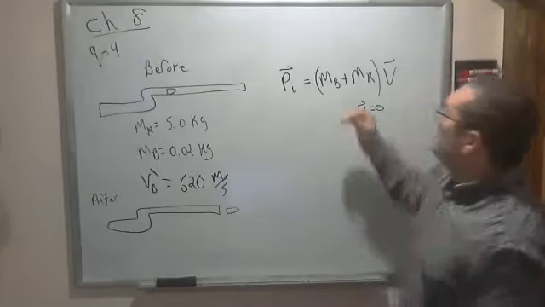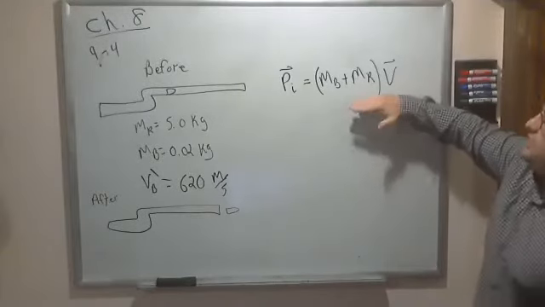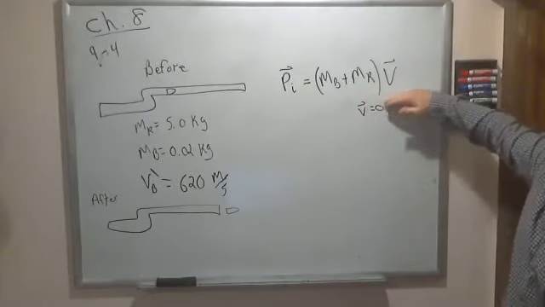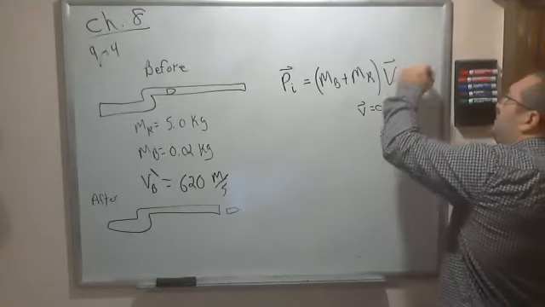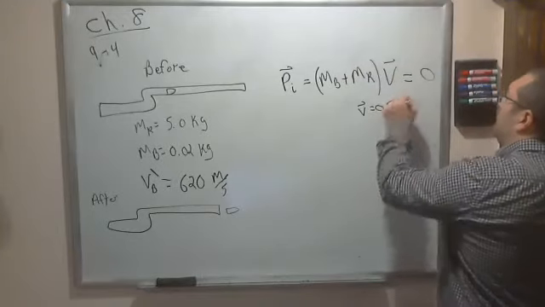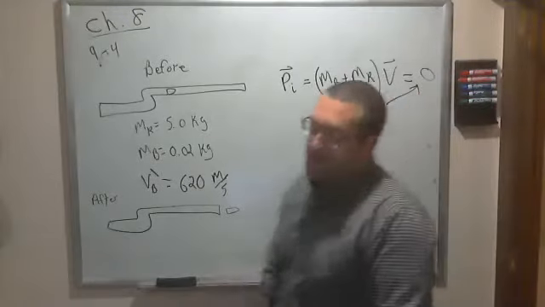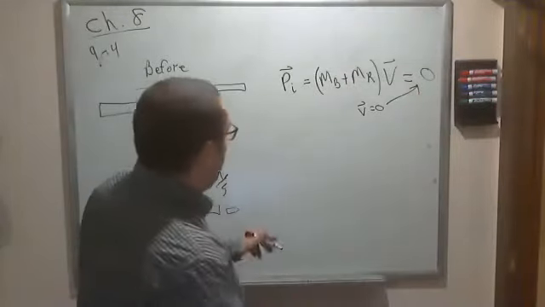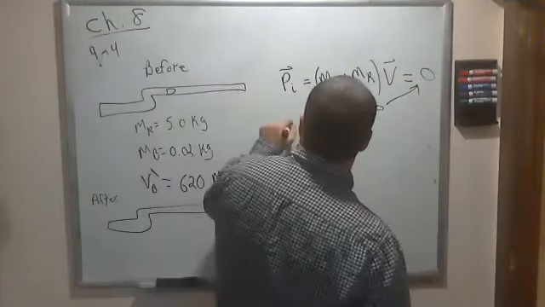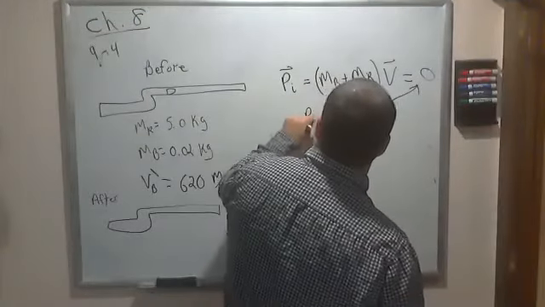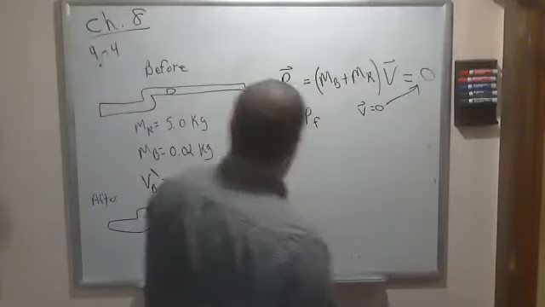Okay, so the initial velocity is 0, right? So this means the initial momentum is 0. This implies that the final momentum, since there are no external forces, of course, is equal to the initial momentum. And here the final momentum